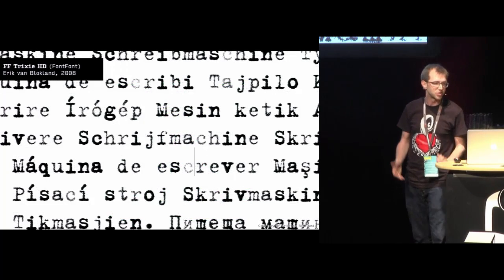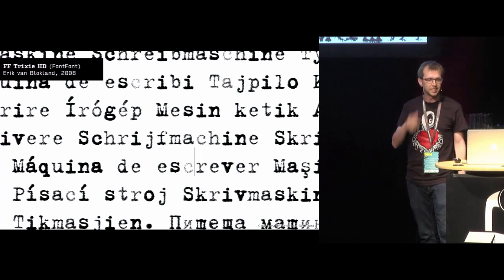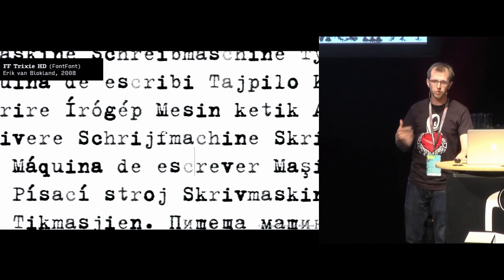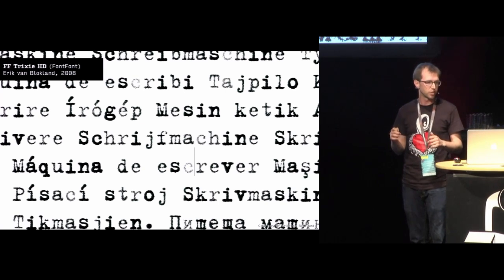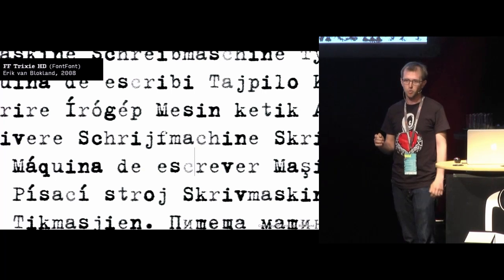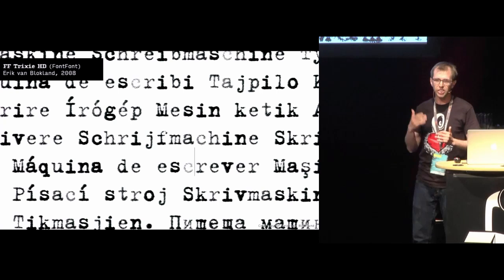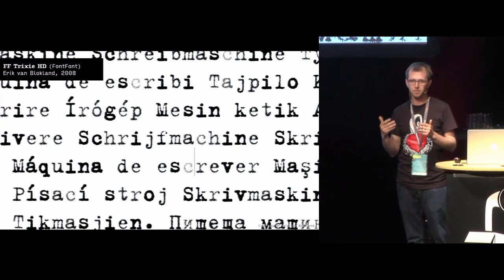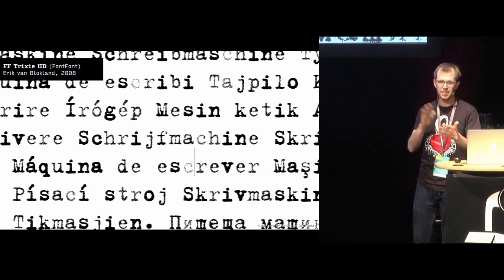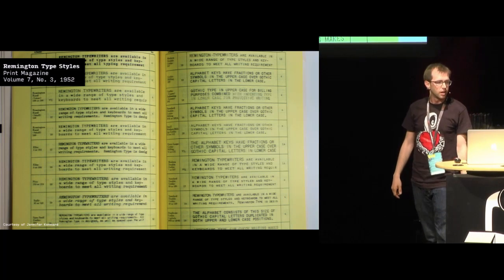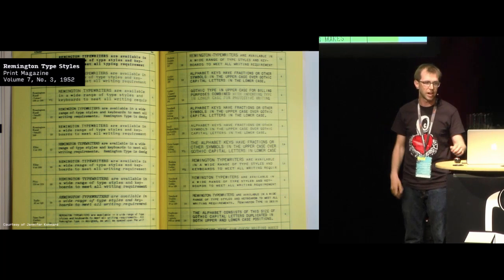And Trixie is a really interesting typeface. This is a little diversion, because Eric von Bloch, the designer, released a sophisticated version with so much detail in the letter forms that the font weighed in at 17 million points. So it really tried to mimic the effect of the smack of the typewriter as it hit a page. As the 20th century progressed, typewriters began to ship with a variety of styles,